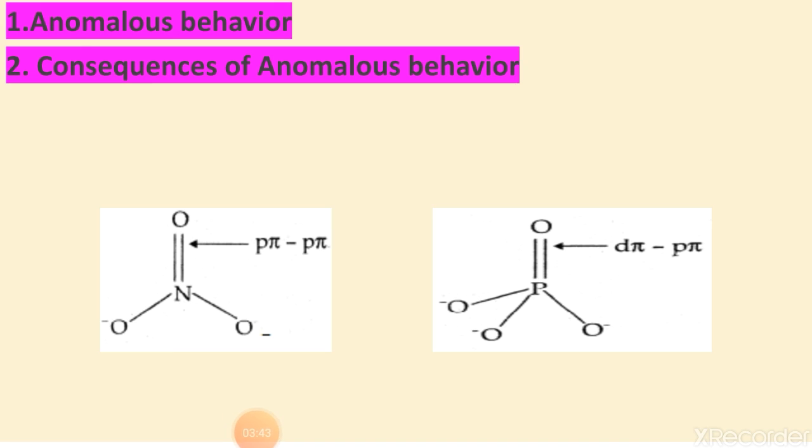Similarly, nitrogen also forms multiple bonds with itself and other elements of small size, that is carbon or oxygen. So this is also a consequence of small size. So dear students, one more consequence of anomalous behavior,